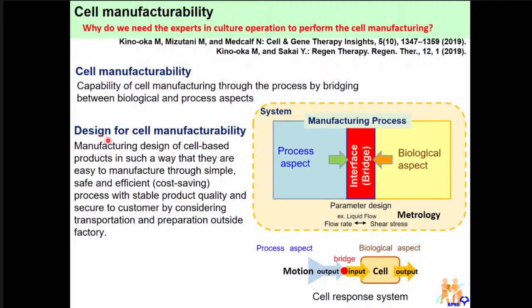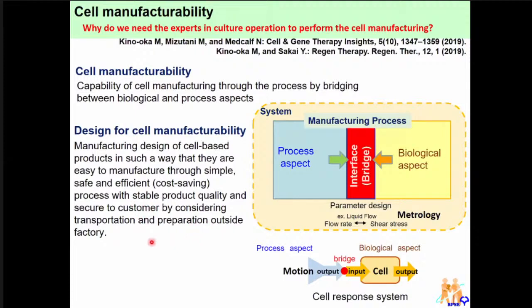So what is the design for the cell manufacturability? Practically, manufacturing design of the cell-based products for the clinical application in such a way that they are easy to manufacture through the simple, safe, and efficient. Efficient means the cost saving process with stable product quality and secure to customer. In this case, customer is a patient,